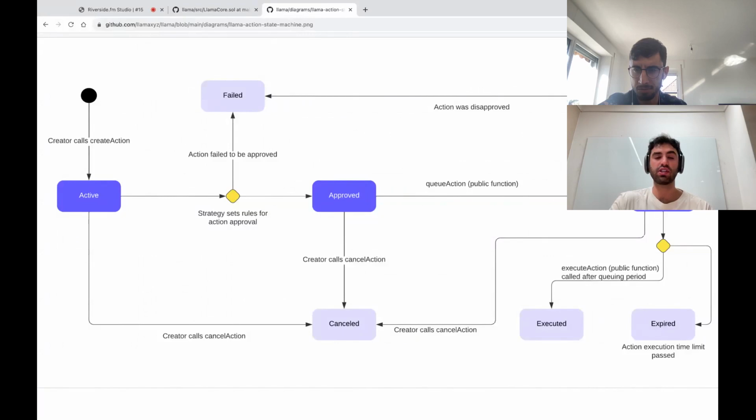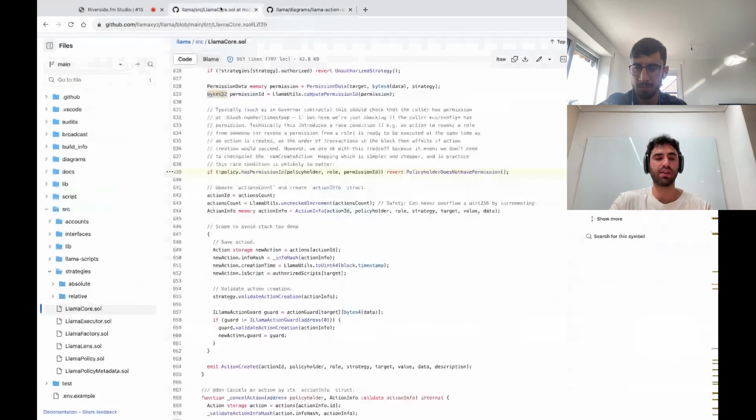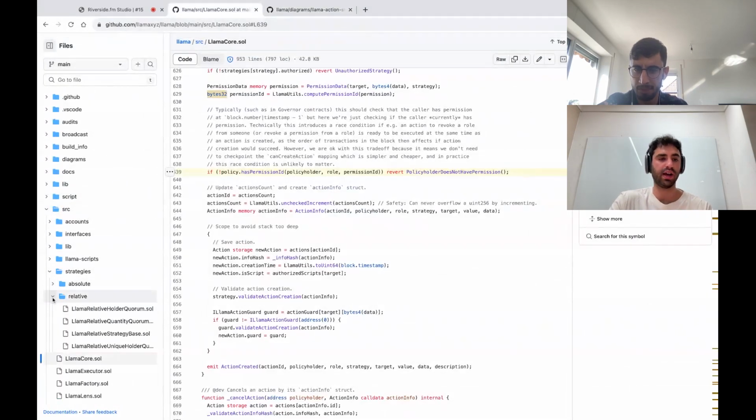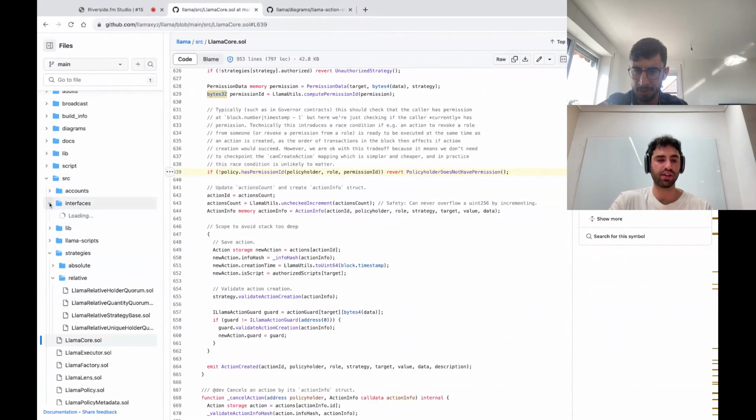And if you have just the disapproval period, then you have an optimistic strategy where it automatically gets to the queuing period, and then it can be executed automatically after a set amount of time, let's say 7 days, unless it's vetoed. It's really flexible in the different ways you can construct strategies, and I can actually get into what a simple strategy looks like.